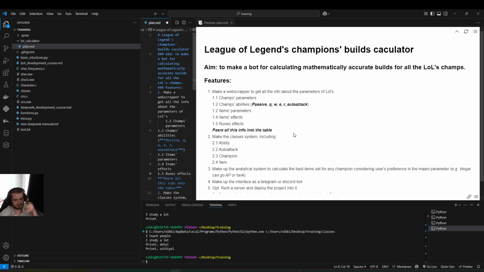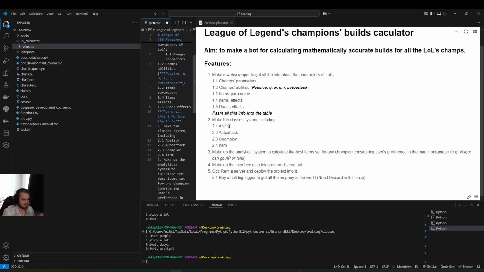We will need to find the maximum in order to get the optimized build. Full AP, full AD, full tank, full burst. Well, burst is kind of a mix between tank and mage or AD, so it will depend. So we need to make classes.